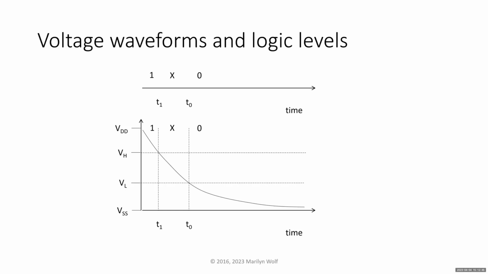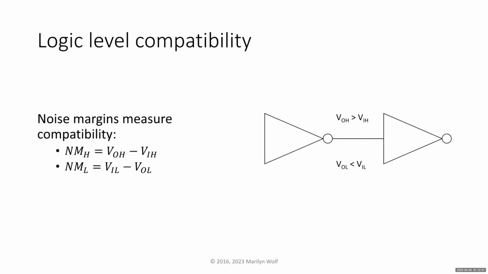So far we've been talking about one gate. What if you've got two gates, one that talks to another? Well, we have V output low, which is the output voltage for a logic 0 from the left-hand gate. And we have V output high, which is the output voltage level for a logic 1 for the left-hand